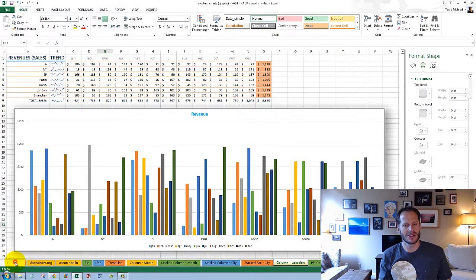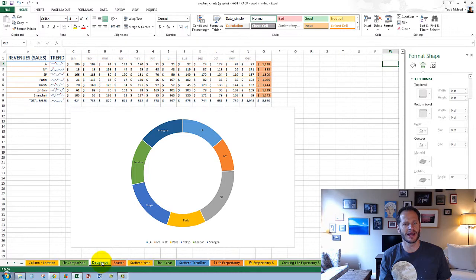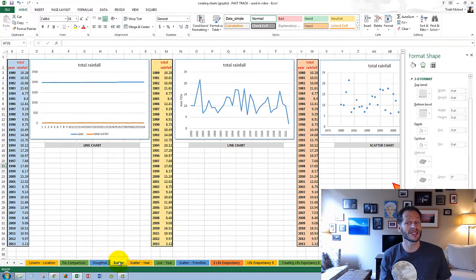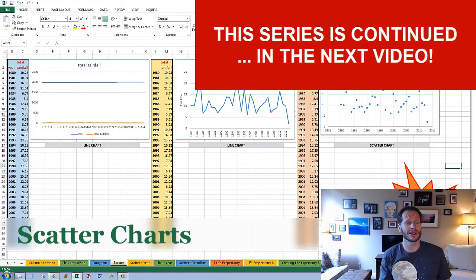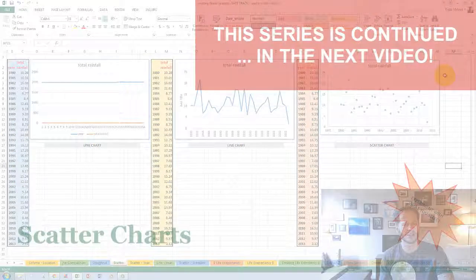So more and more charts here. Here is a donut chart, so that's just what that looks like. I kind of like that. Reminds me of something like a life ring you would see on a boat. Here are scatter charts. For a long time, I was kind of like, scatter charts? Don't understand them, don't know how to do them. And it took me a while to get my head around scatter charts. So what exactly is